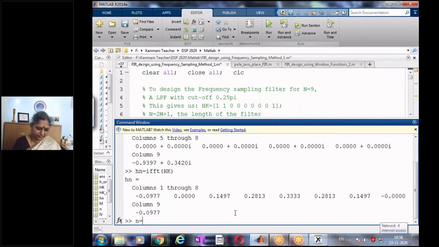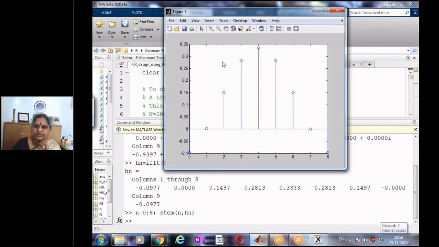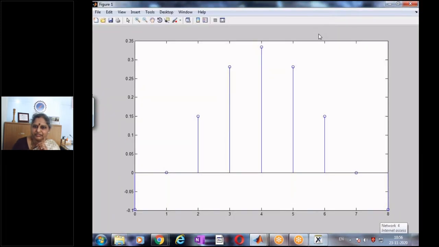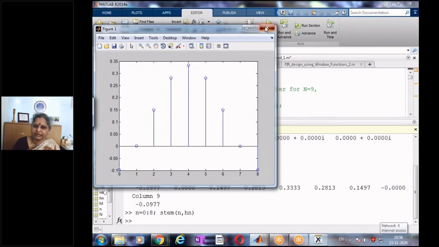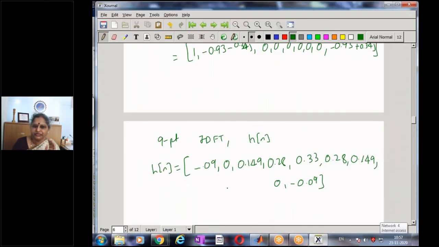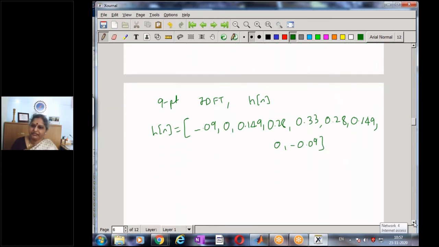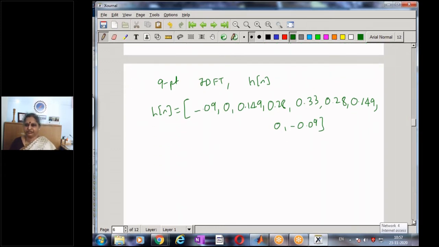Say my n goes from 0 to 8, and then let me plot the result, stem of n comma h of n. So this is my impulse response of the designed filter that is symmetric, that goes from 0 to 8, and the coefficients are symmetric, and this is what I got by taking the IDFT. So we have got the impulse response of the desired filter. What is the method we have used? The frequency sampling method. Now, if I look at a hardware implementation of the same